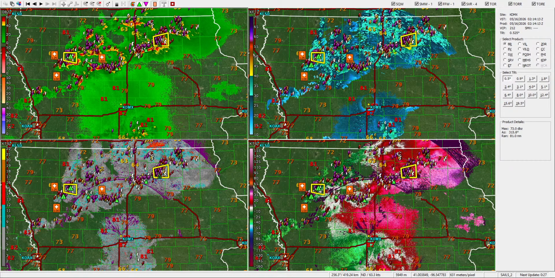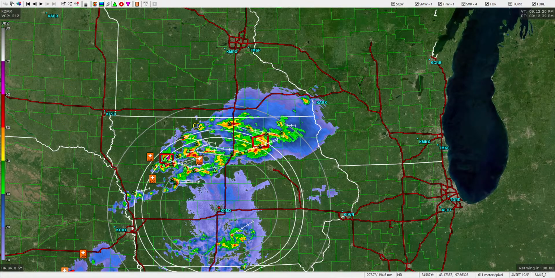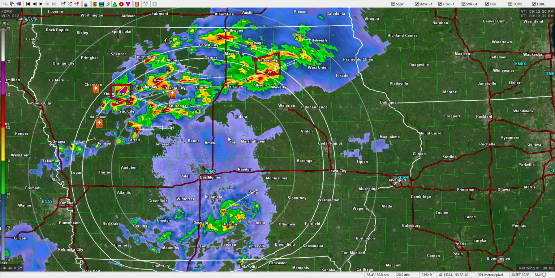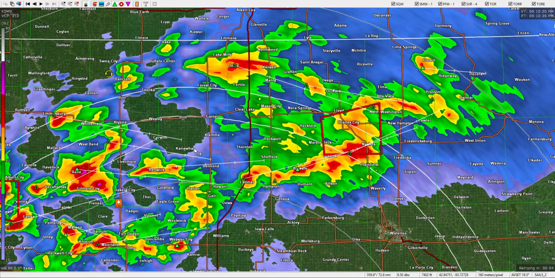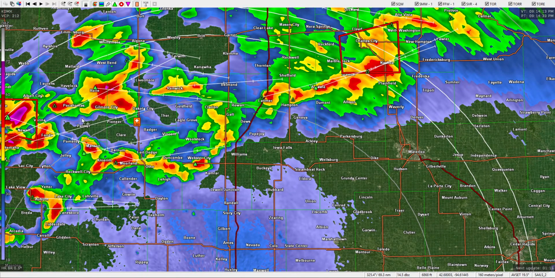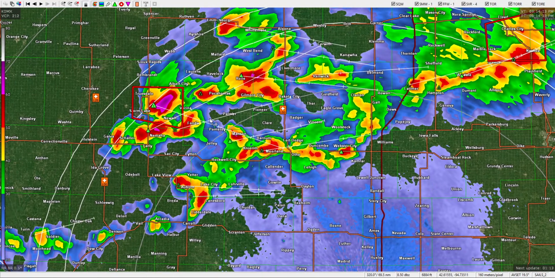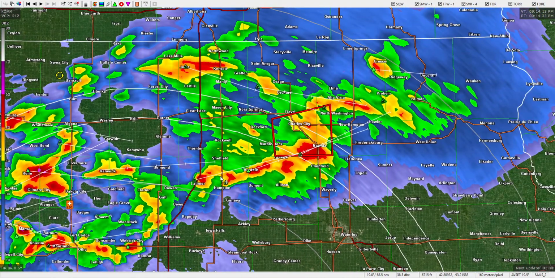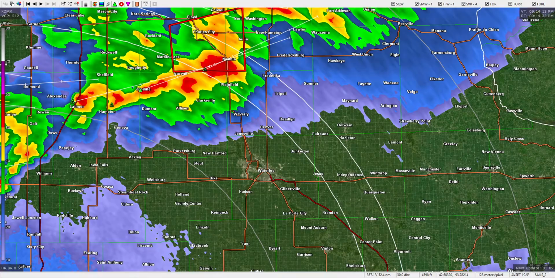So it does look like we're having a little bit of activity on the GR level 3. This is just checking the base reflectivity. So that's your precipitation. And we can also,